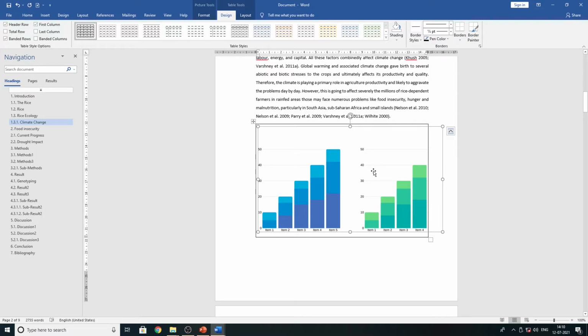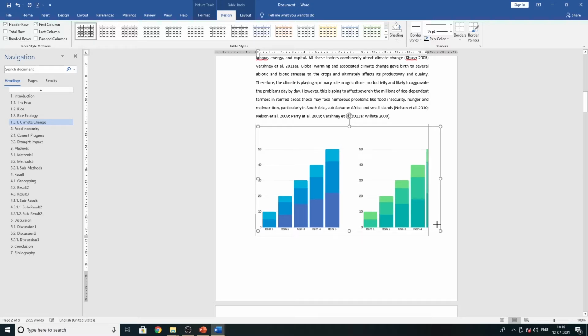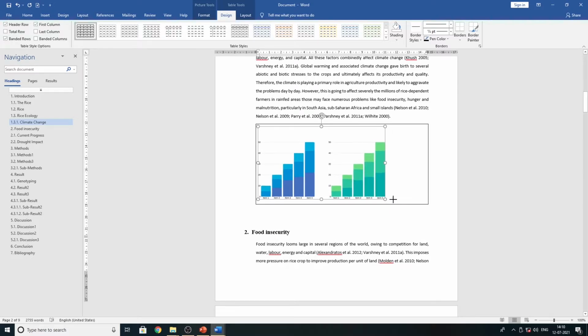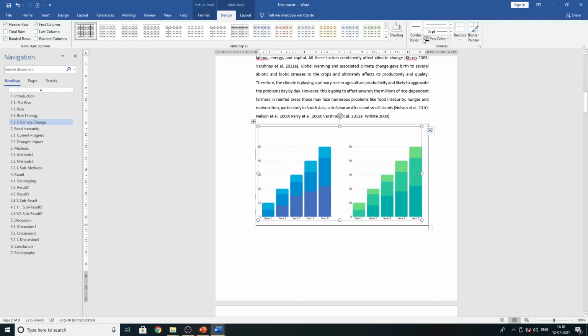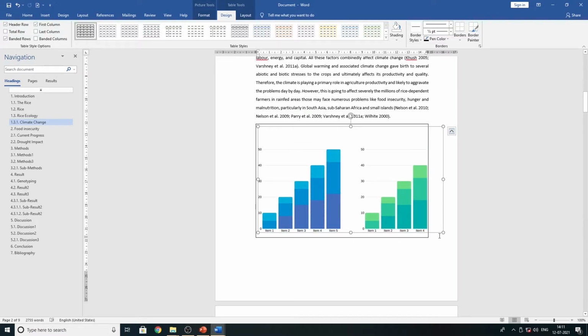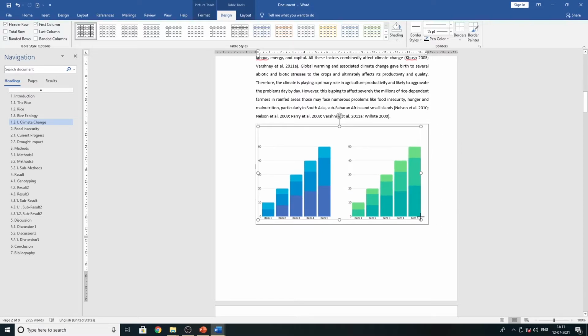If you select that one and see the margin over there, I am going to adjust the figure. Always try to maintain your alignment within the margins. If you increase the size, it will go outside and will not show within that margin.